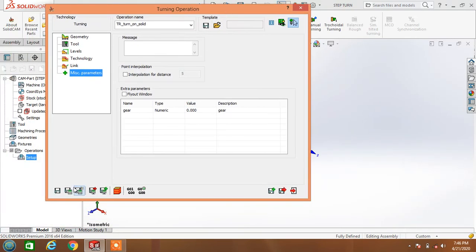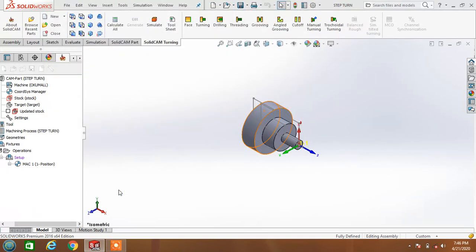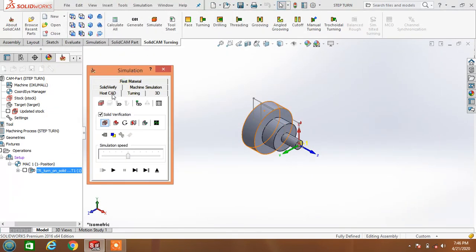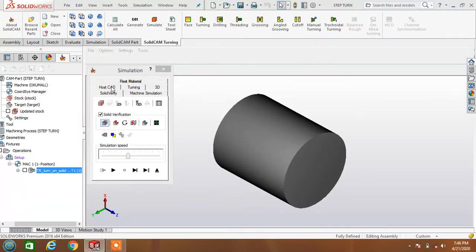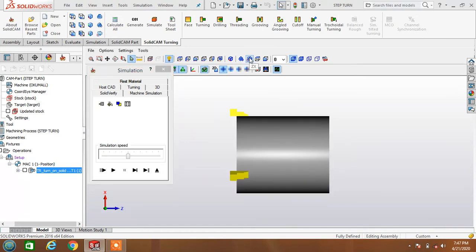Next, finally, Save and Calculate, and give Simulate. That's all. In the simulation toolbar, give Solid Verify, and select this one for a clear view.